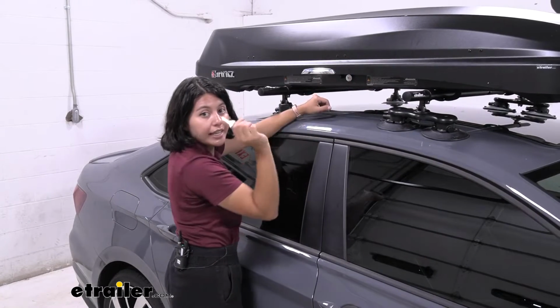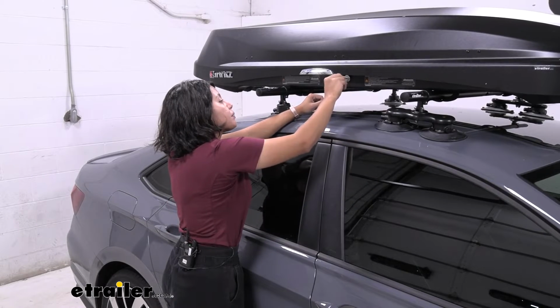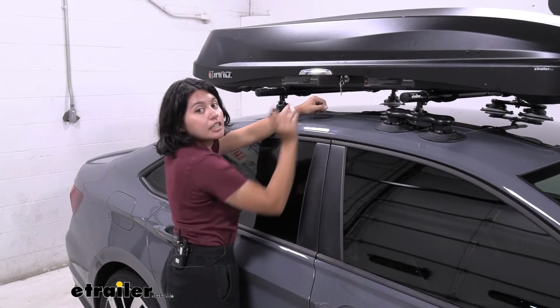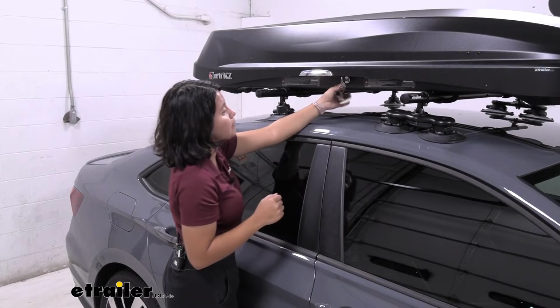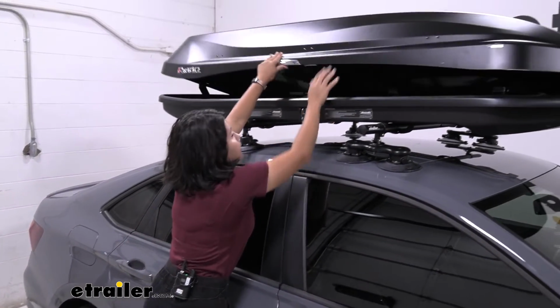So for accessing it, you do get a set of keys. Both sides are keyed alike. You just pop the keys in, turn it to unlocked, and then press the button. Once that button is pressed, you can then use both of your hands if you want to lift that lid